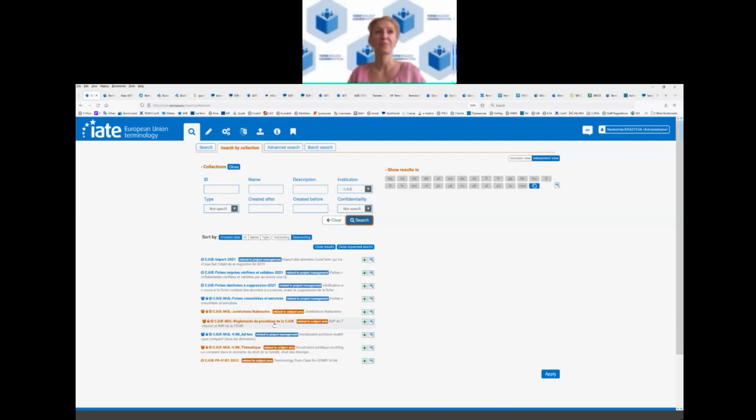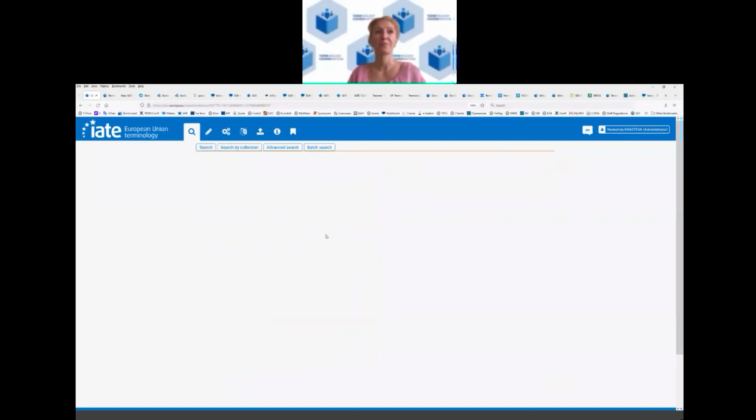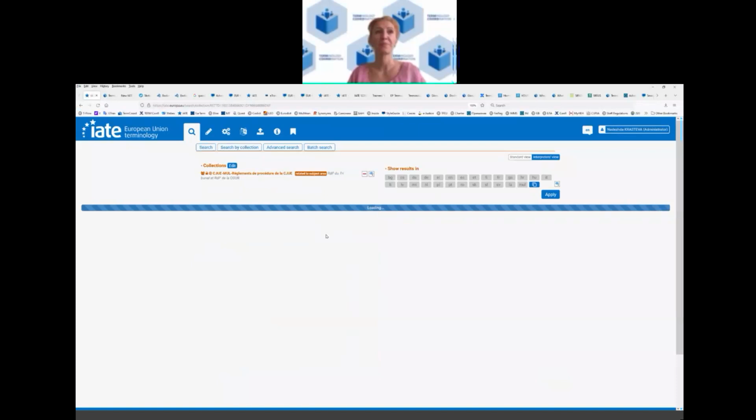And I remember, I was a translator back in the days, translating from English into Bulgarian and having these texts on the website of the Court of Justice, and just finding all the differences, mistakes, and the terms, because back in the days, the whole terminology of the Court of Justice was not in IATE, it was on Curia still. So here, if we have to amend again the rules of procedure, it will be so easy just to click on this collection and have a look at it,